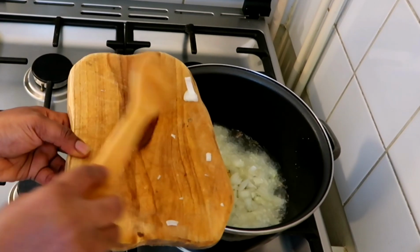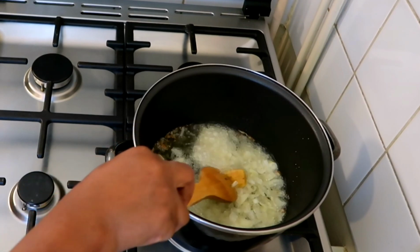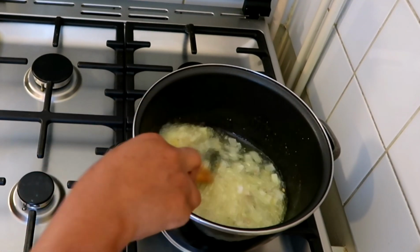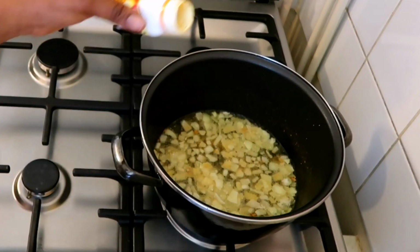At this stage you can add your bay leaves if you are using bay leaves, but as for me, I did not use bay leaves. I kind of just think that bay leaves don't add anything to your jollof rice, even though I still add it sometimes though. So now I'm going to be adding curry powder,